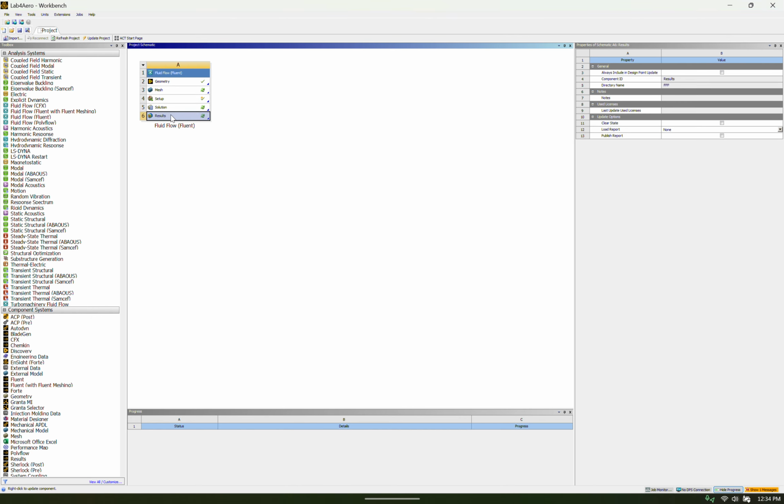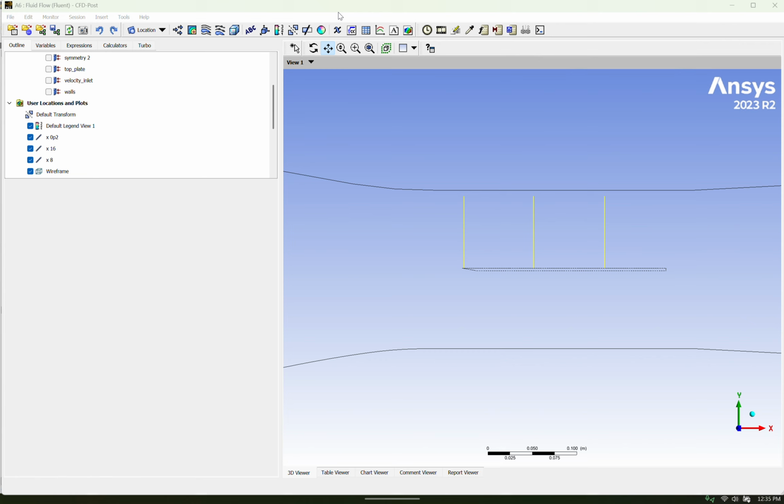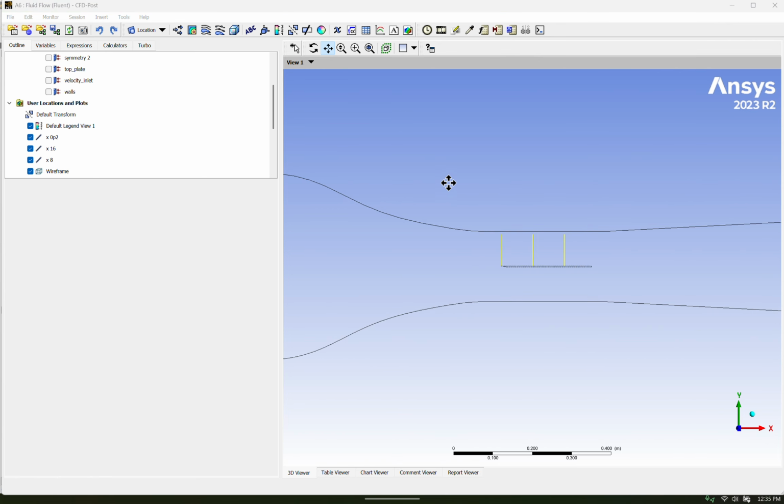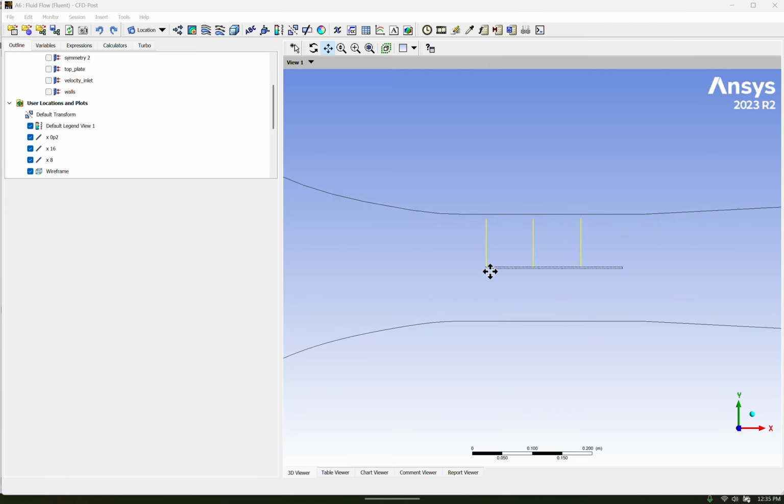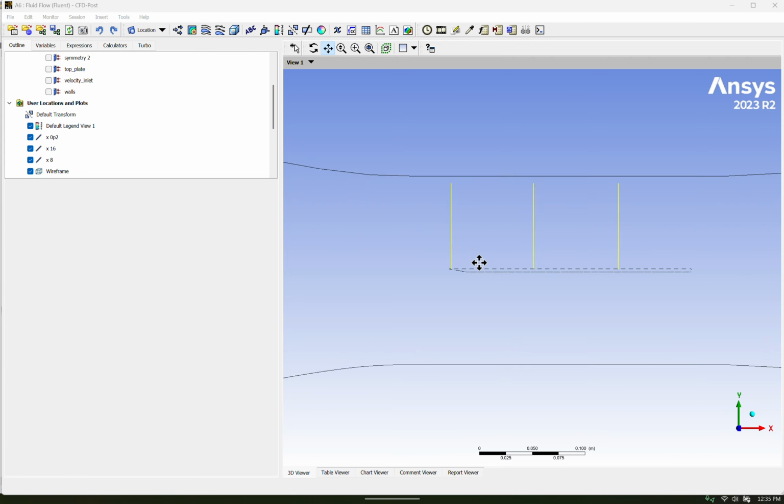We're now going to go into results. So we're now in CFD Post. So you can see when I zoom out, here's the wind tunnel. Here's our flat plate. And so what we want to do is find the velocity profile for these three positions. So for these three positions, it's going to be 0.2 centimeters, this is going to be 8 centimeters, and this is going to be 16 centimeters. The first thing we want to do is